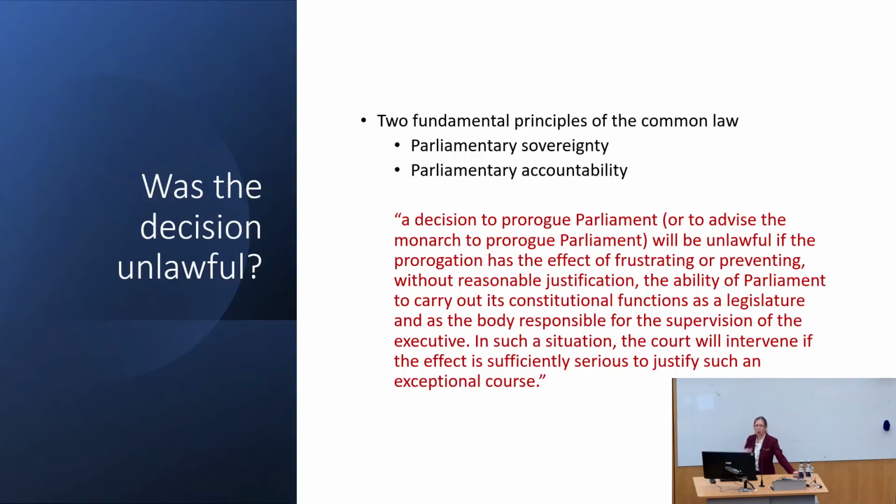this case. One of them we've already talked about, parliamentary sovereignty. This idea that Parliament is the most powerful and important institution in the land, that acts of Parliament are the highest form of law in the country, and that we don't have a constitution that can put legal limits on Parliament's legislation. But what the Supreme Court also said was parliamentary sovereignty is all well and good, but it also entails that Parliament can actually meet to enact laws. Because parliamentary sovereignty is a bit useless if Parliament can't be there to enact the legislation that is the most important form of law in the land.